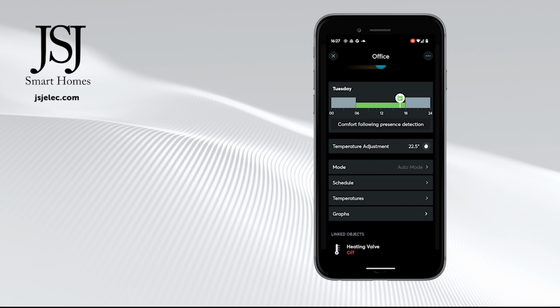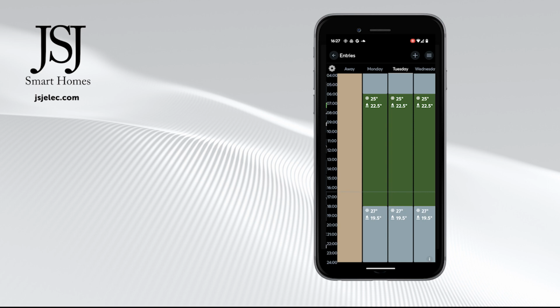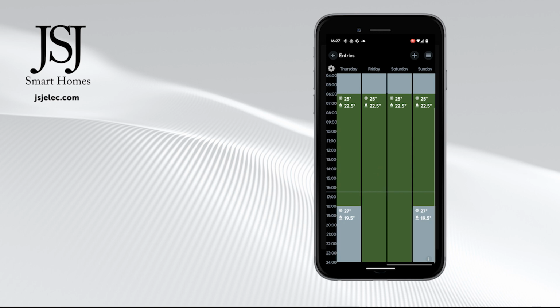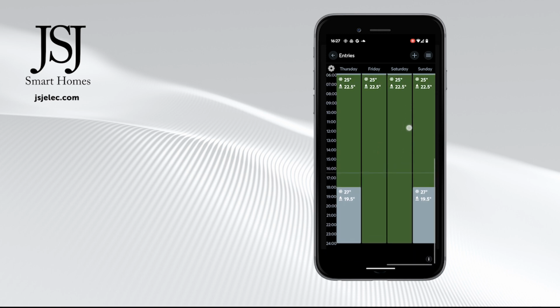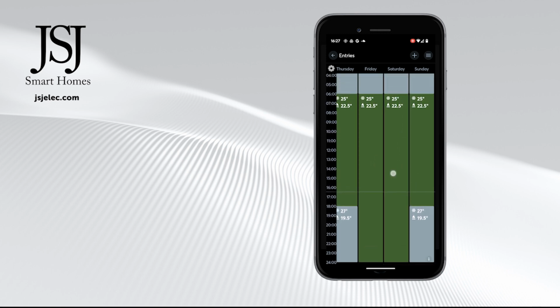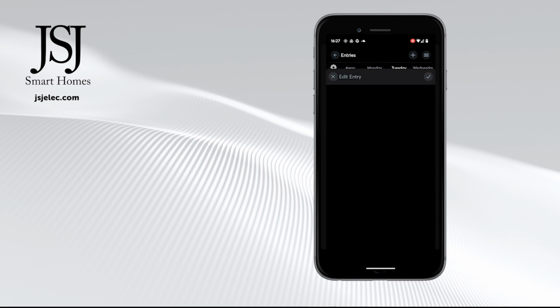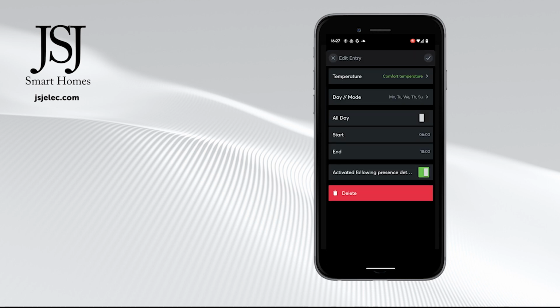We've got all sorts of different adjustments on here. So if we go into the schedule, you'll see that this schedule applies Monday, Tuesday, Wednesday, Thursday, Friday. It's longer on Friday and Saturday, goes through till midnight, and on Sunday it's the same again, back 6 till 6. If we wanted to make an amendment to one of these, just click into it, and then you can